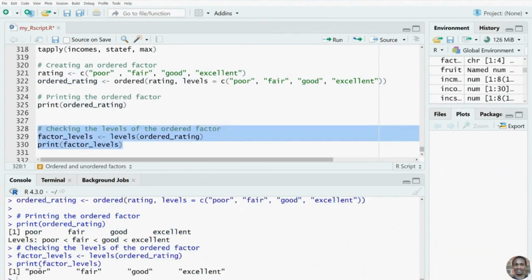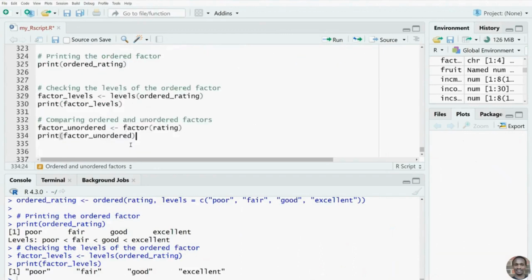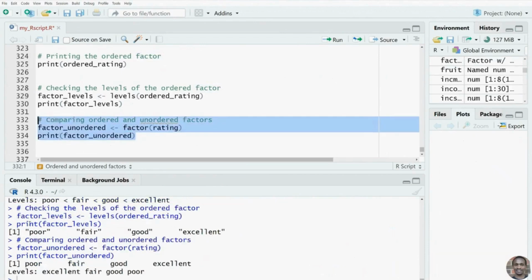We see that our levels are poor, fair, good, excellent in that order. And we can actually compare with the unordered factors. If you are not careful and did use the factor function to get the levels, let me show you how this is going to compare. If I execute this, we see that our levels now would be excellent, fair, good, and poor. And we know that this order is not correct because